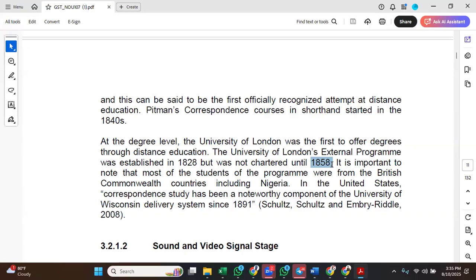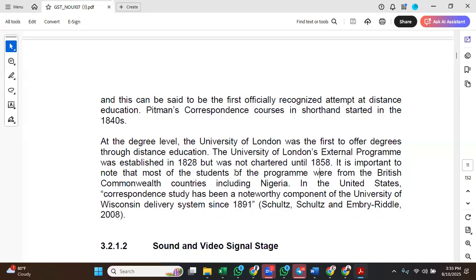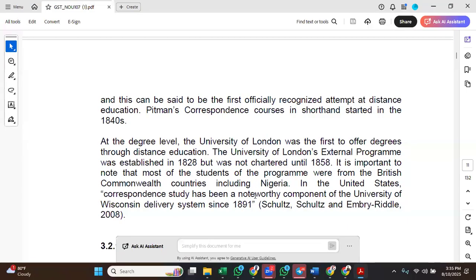And also, now, as we are progressing, please digest this. The first example of distance education was that of Isaac Pitman, teaching people shorthand through mail in the 1840s. But the first university to undertake something similar to distance education was University of London. They just started it like an experiment in 1828, but it was not chartered until 1858. It is important to know that most of the students of the program were from the British Commonwealth countries, including Nigeria. Now, in the United States, correspondence study has been a noteworthy